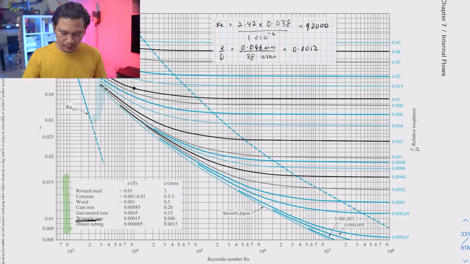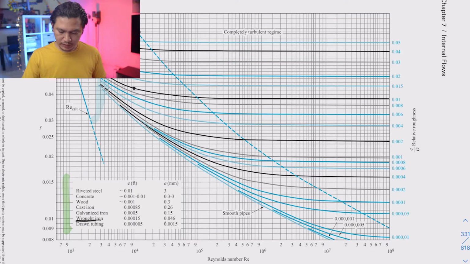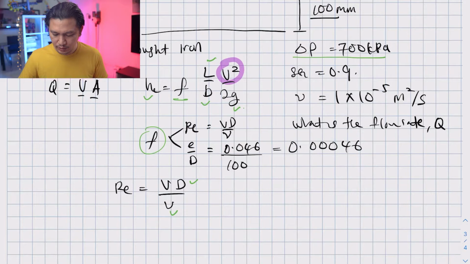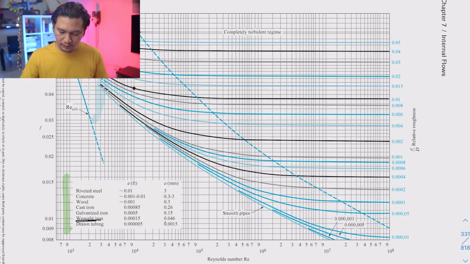And I'm going to delete this as well. Now, where is our relative roughness? Our relative roughness is 0.00046. Okay, now let's go back to our Moody chart. So our relative roughness is 0.00046. Okay, now where is it? I believe that it's here, between 0.00046 and